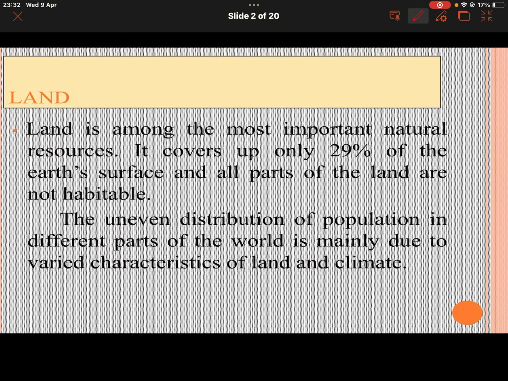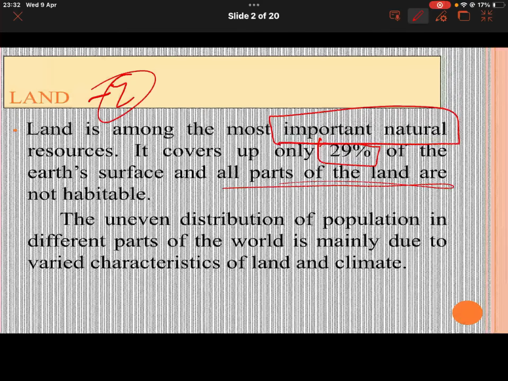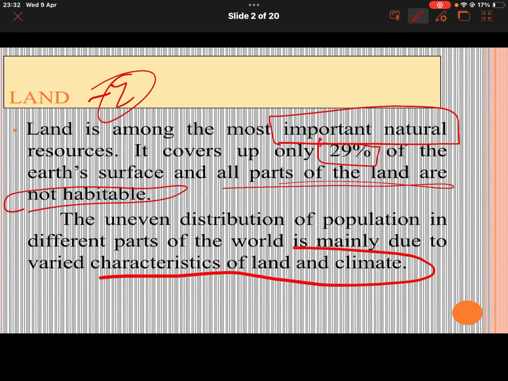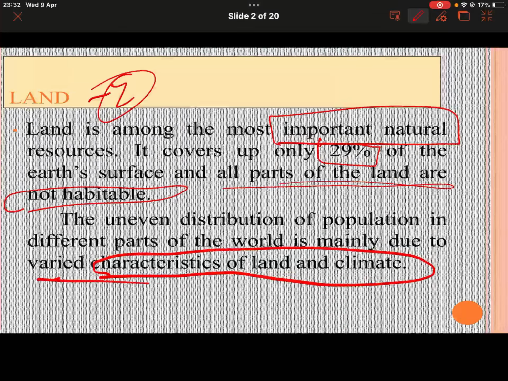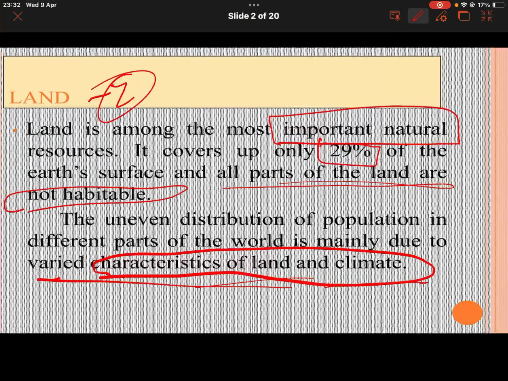Now moving on to land, the first thing. Land is among the most important natural resources, yet it covers only 29% of the earth, and not all parts of the land are even habitable. This is basically because of two main characteristics, the varied type of land and the climate. Now, uneven distribution of population is there. Around 70% of the people are living on 10% of land, whereas the rest 30% are spread across the